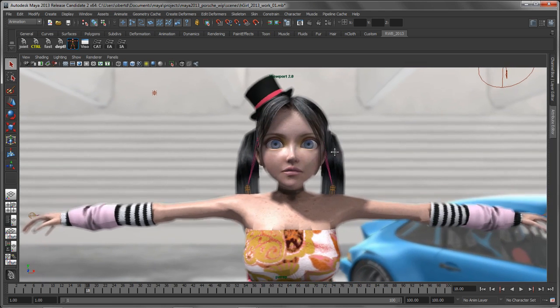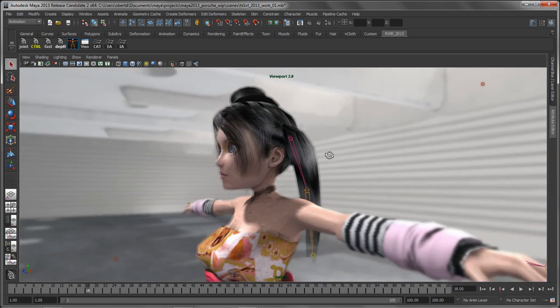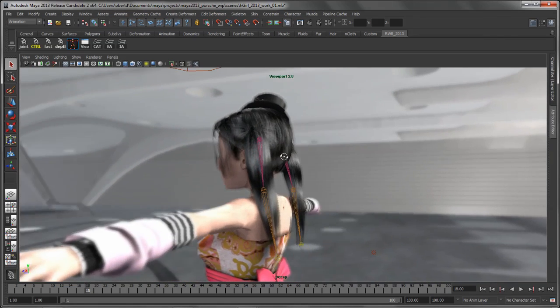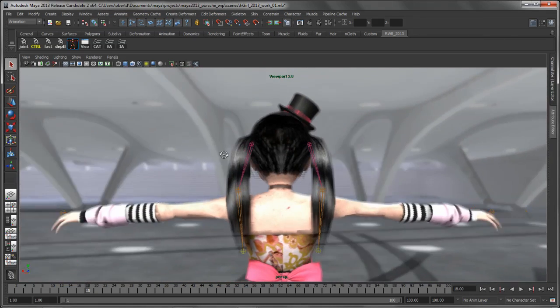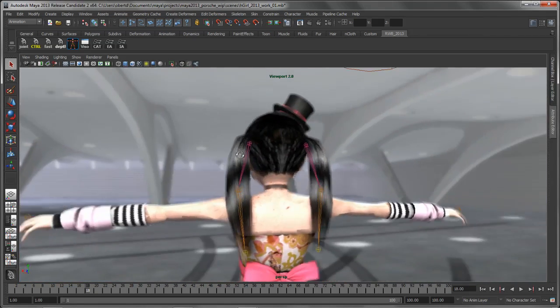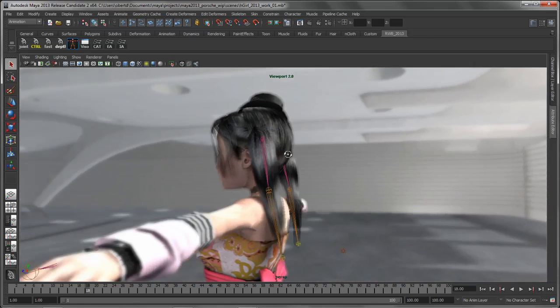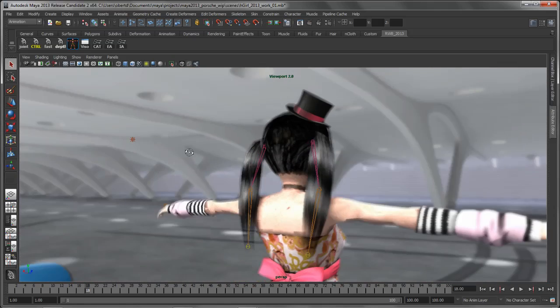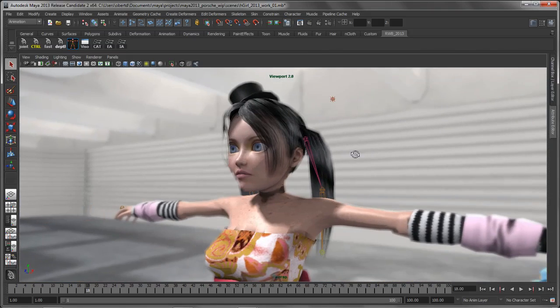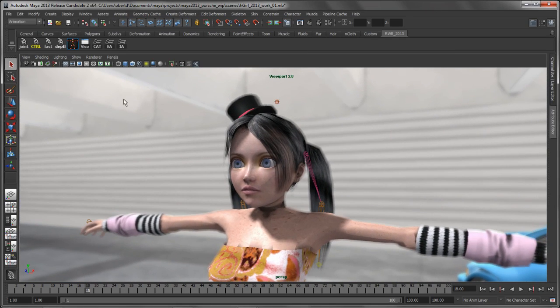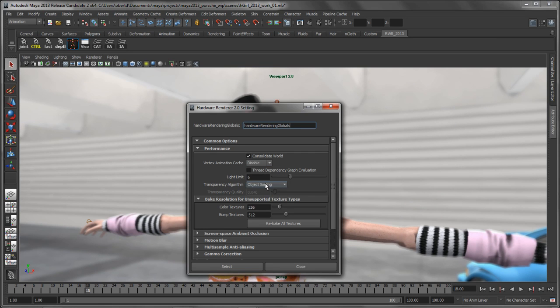So as I start to spin this camera around, notice the effect of that hair, which is a bunch of different objects and some polygon cards all stacked up on top of each other. They kind of start to pop, and the reason that's happening is because the default transparency algorithm that we're using isn't that sophisticated. So what we're going to do is go ahead and switch this over to the new depth peeling transparency algorithm,